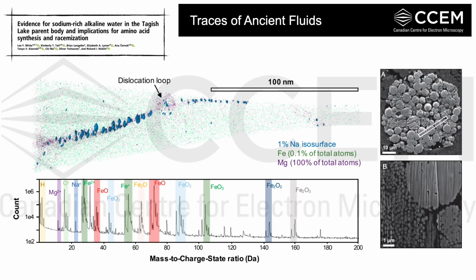So the last two examples showcase traces of high temperature environments preserved in our minerals, but what about lower temperature alteration, like with fluids? So this image, which likely looks familiar, is the Tagish Lake meteorite. It's a highly pristine carbonaceous chondrite, having minimal terrestrial alteration following its retrieval. So it basically represents a unique piece of the asteroid belt that's ready for us to study.